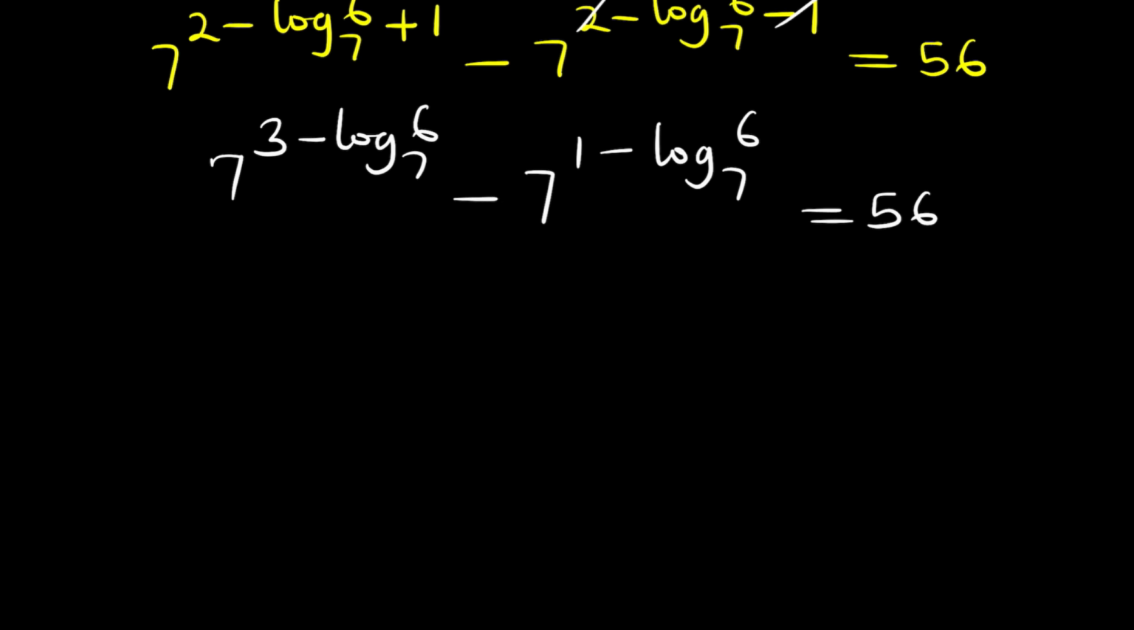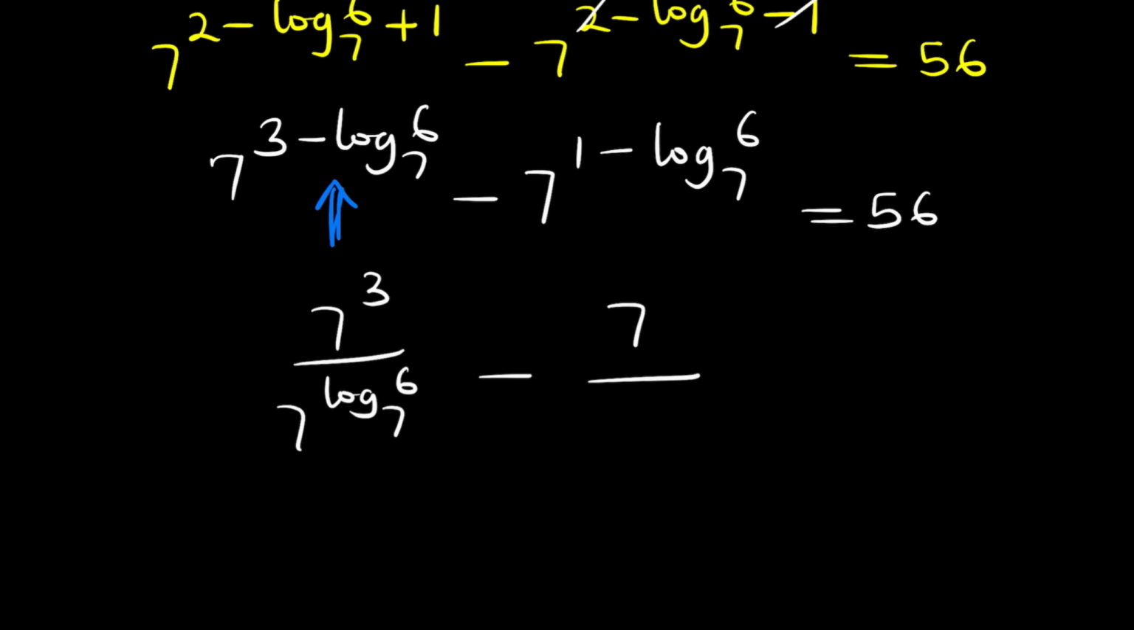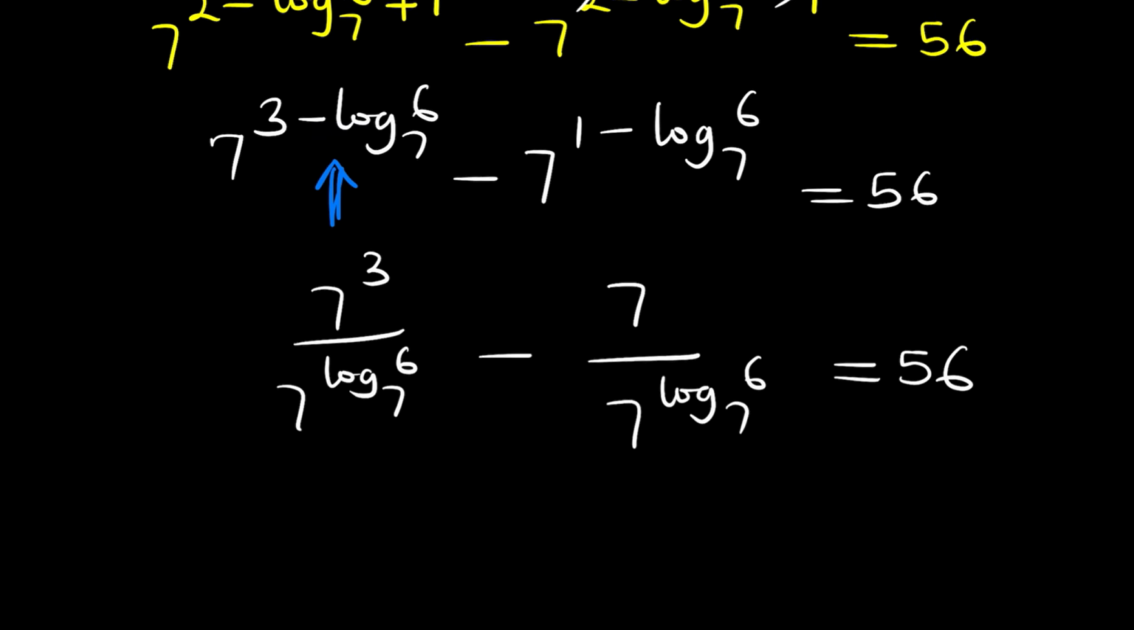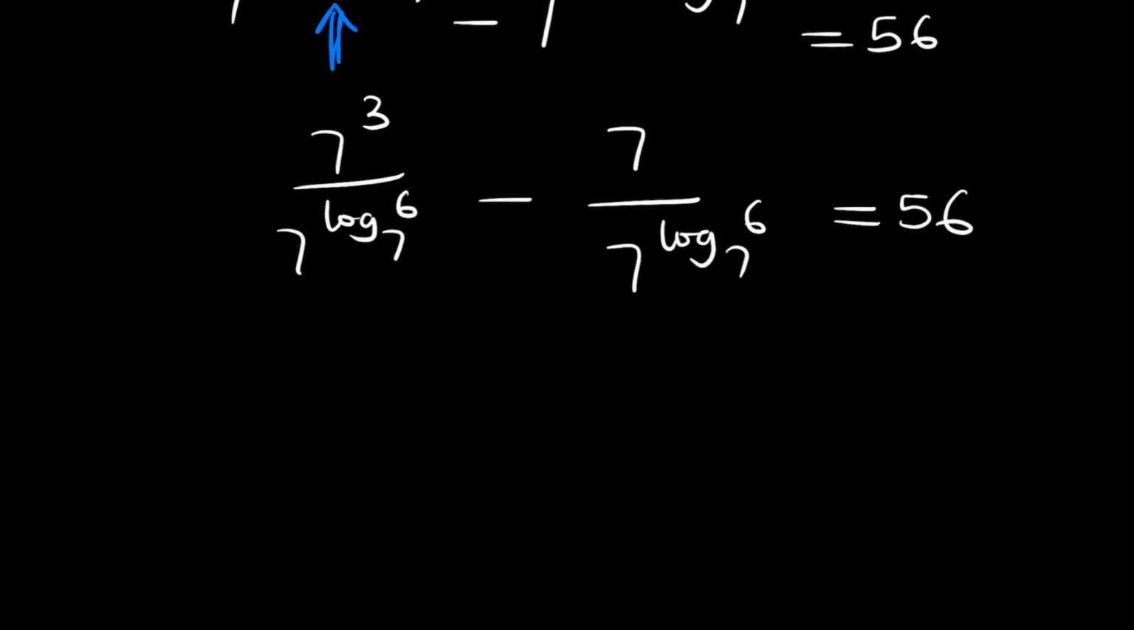So we are going to apply some of the principles we've seen earlier, which is of indices. We separate the power into division so that we have 7 raised to power 3 divided by 7 raised to power log 6 base 7, then minus 7 raised to power 1 divided by 7 raised to power log 6 base 7, and this should still give us 56. So I will not expand 7 raised to power 3, I'll leave it as it is, then divided by,